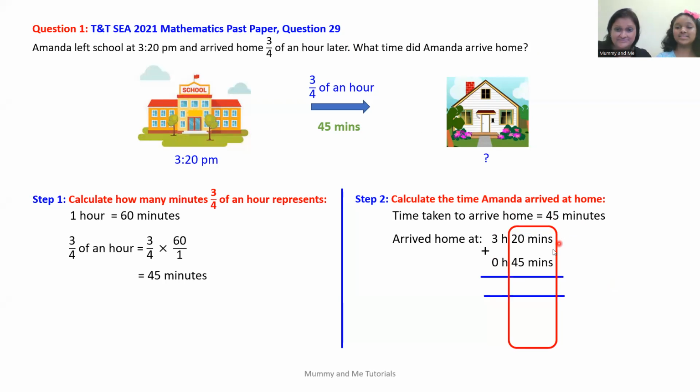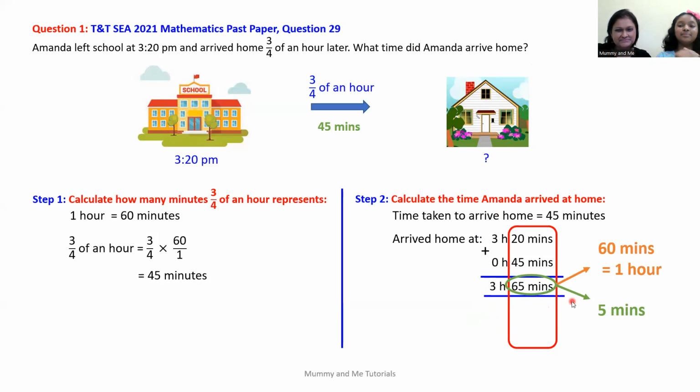So let's add. 0 plus 5 is 5 and 2 plus 4 is 6. So then we get 65 minutes. But wait, I thought you told me that 1 hour equals 60 minutes. I did. But this 65 minutes is more than 1 hour. So we have to do something special with that. Yes. Okay, we'll do something special with that. But then we need to add our hours. So how do we do that? 3 hours plus 0 hours will give you 3 hours. So now we have 3 hours and 65 minutes, but